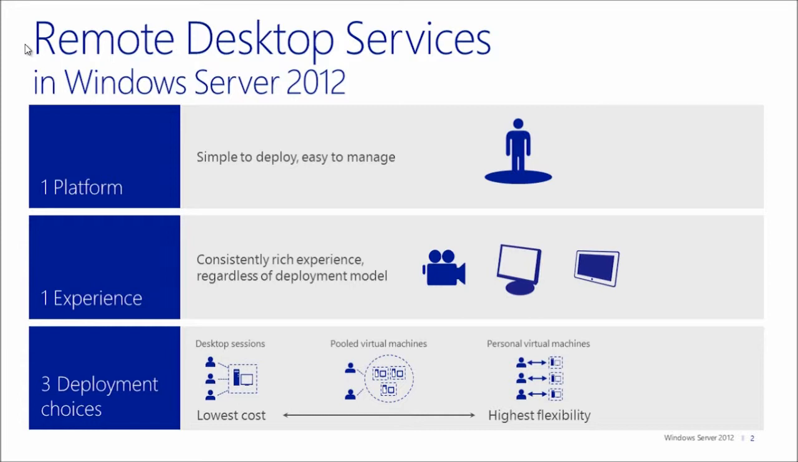The first being a desktop session, previously called a terminal server session. The second being a pooled virtual machine deployment, where a single gold image is used across many users. And the third and last deployment choice is a personal virtual machine deployment, which allows one VM or VHD per user. With that, I'll move over to the demonstration, where what I wanted to focus on is the WAN enablement